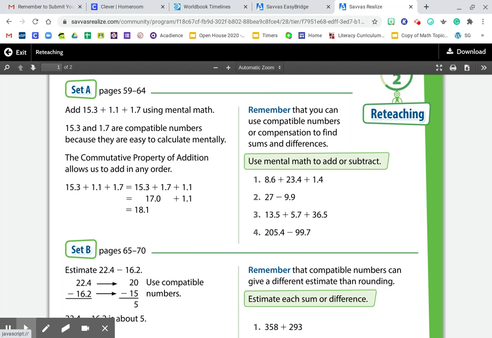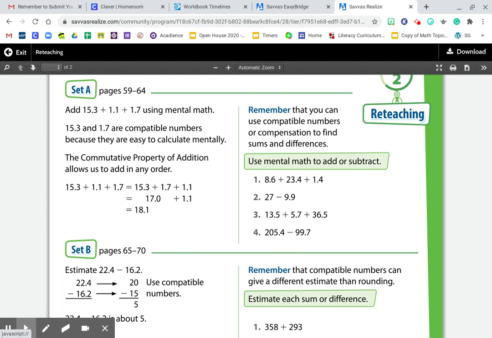All right, I'm reviewing the reteaching pages. The first part, it's page 103 and 104 for topic 2. The first set reviews mental math using compatible numbers and commutative property of addition to change the order of adding